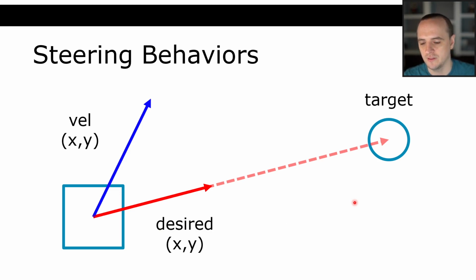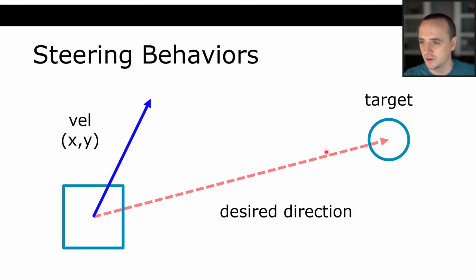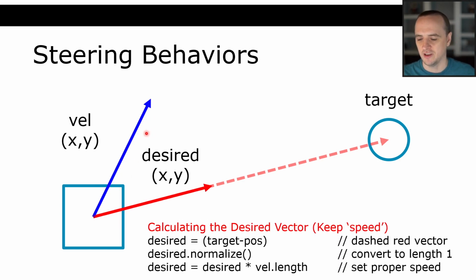Okay. Question out there, if we have the red vector, why do we have to make it length 1? So this is a bit confusing, but the first step gives us the dashed red vector, this really long one. And what we want to do is change the length of this big vector to be the same as the blue vector, okay? So in order to do that, we first normalize this vector to get it to length 1, and then we multiply it by the length of the blue vector. That gives us the correct length. It's very difficult; I've put 3 steps here. It makes it look like we already have the red one, but we don't. The red one is the final outcome of this. That's a good question, though.